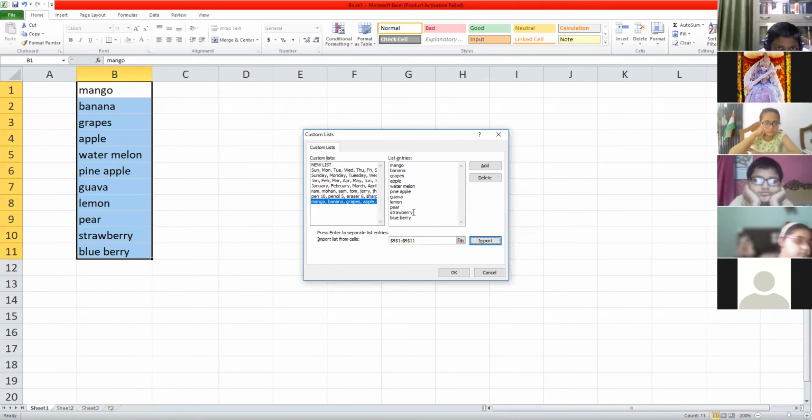The meaning of import, you people know, right? To bring from outside. So here is the list. I have not typed it here, I have typed it in the sheet. Now, as I have selected and clicked on import, the data from there to here is ready. Now here, if you want to make any kind of change, you can do that. Understood?